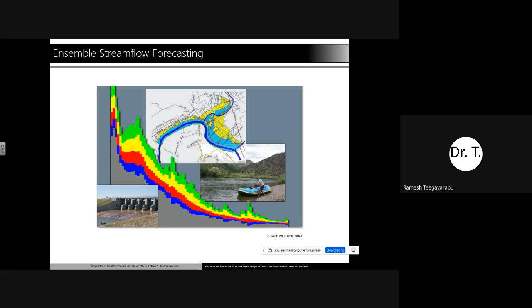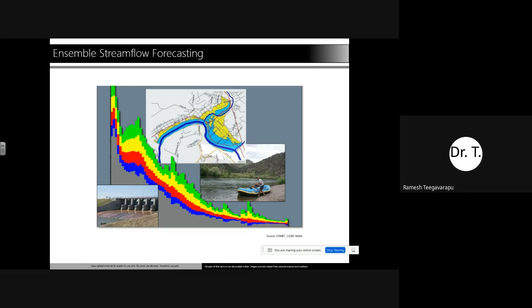So what exactly is an ensemble? And of course, we all know streamflow forecasting. We can do streamflow forecasting using data-driven models so that we can get a quick turnaround. We can use black box models like artificial neural networks, or regression models based on conditions upstream or downstream.